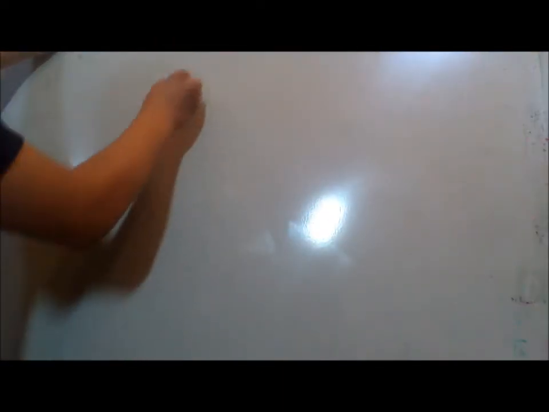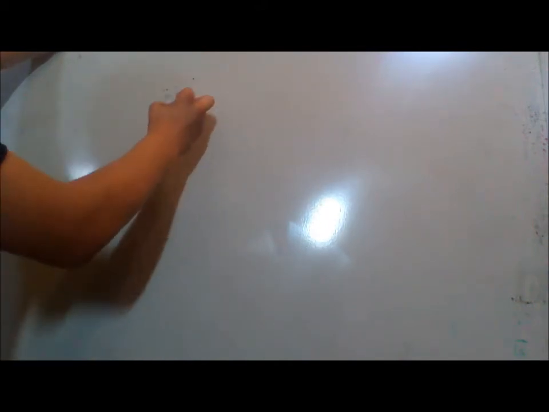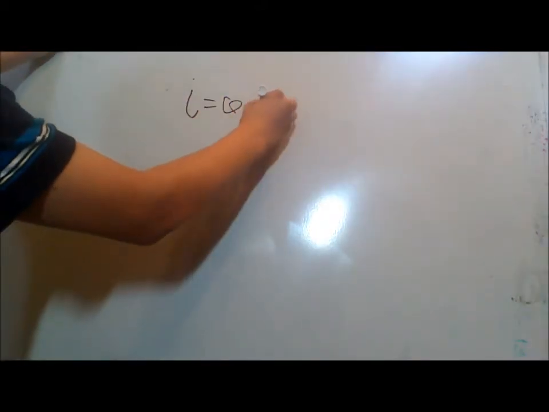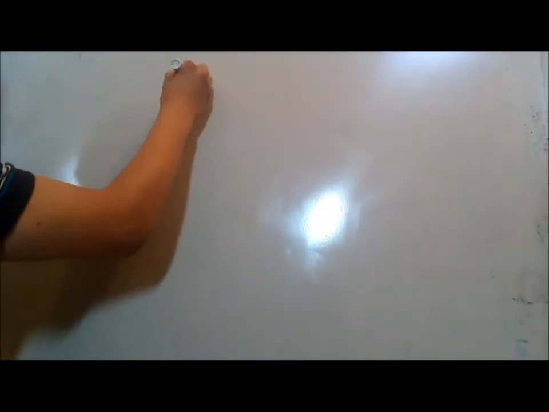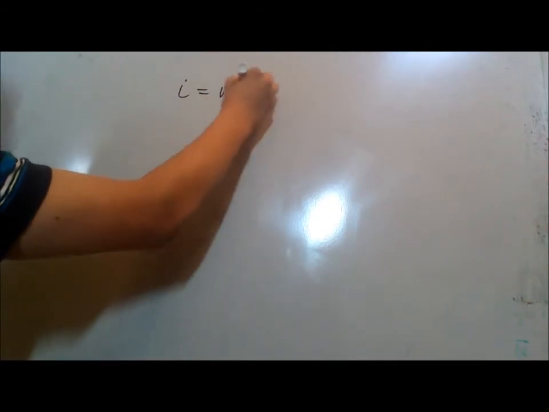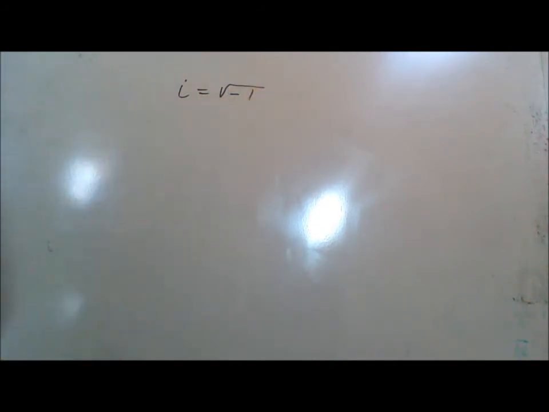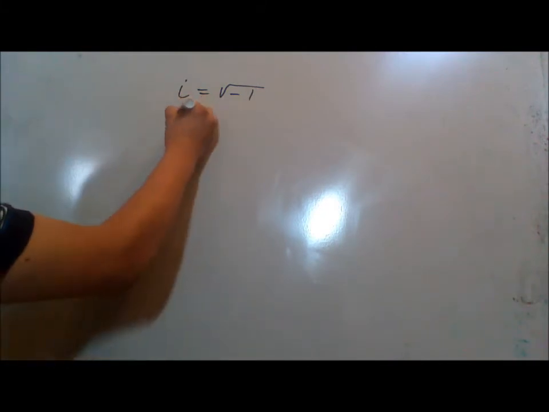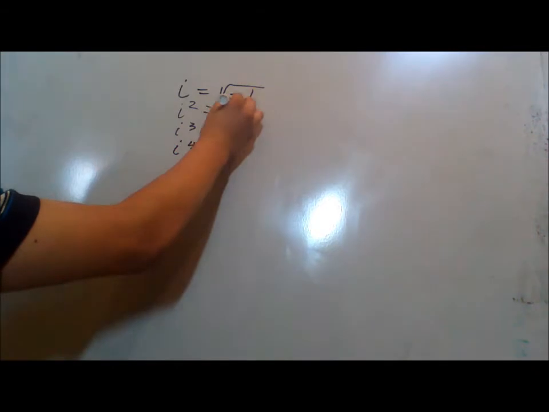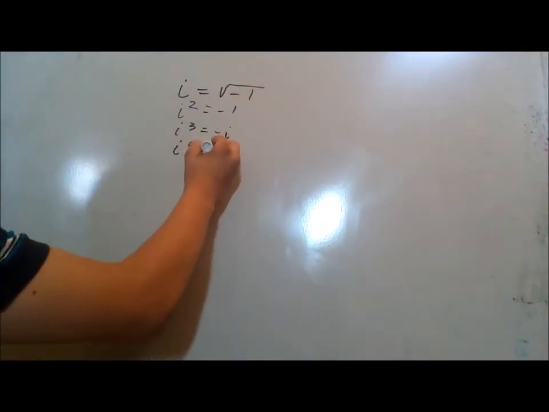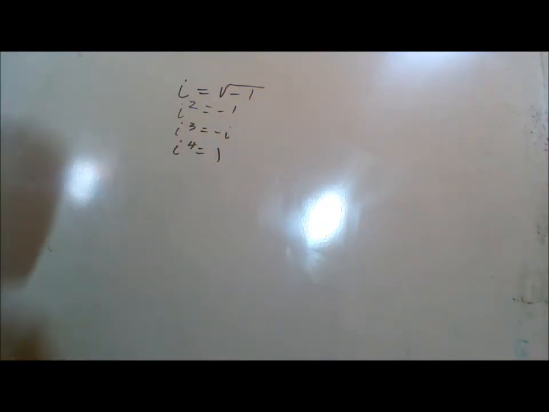An imaginary number is a mathematical term for a number whose square is a negative real number. I is the symbol we use to represent the imaginary number. I is equivalent to the square root of -1. You can also identify powers of I up to the fourth power, but nothing more. I squared is equivalent to -1, I cubed is equivalent to -I, and I to the fourth power is equal